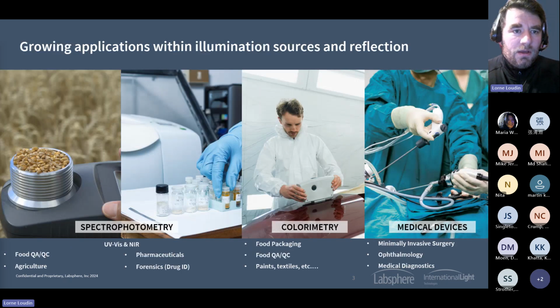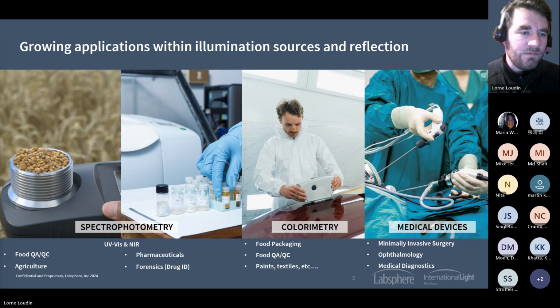So if we think about the areas that Labsphere sees growing with our illumination sources and reflection materials, relating this again back to analytical instruments and medical devices, we see a lot of growth in the spectrophotometry field. The applications that we see growing in spectrophotometry are food quality assurance and quality control, agriculture, which is very closely related to food QA/QC, pharmaceuticals, and drug identification or forensics,